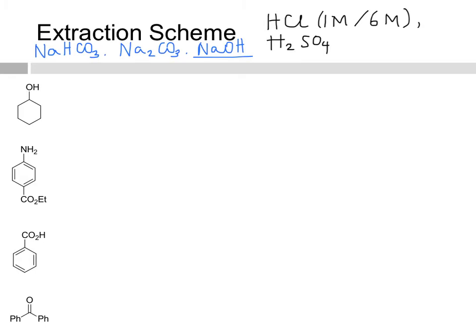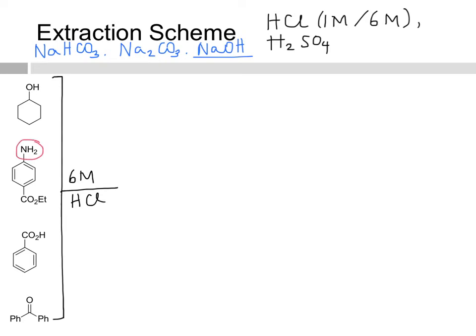Experimentally, the first thing that we'll do is mix all of these and put them in an organic solvent, usually a solvent like dichloromethane or ethyl ether. So all of these are currently in an organic solvent, and let's first start by trying to isolate the amine component. So what we can do is treat this with 6 molar HCl, and that will result in